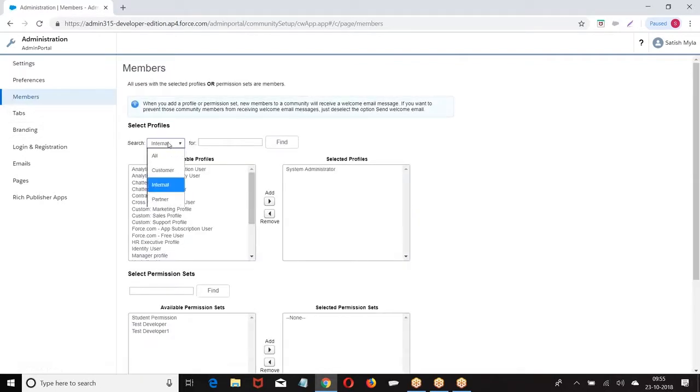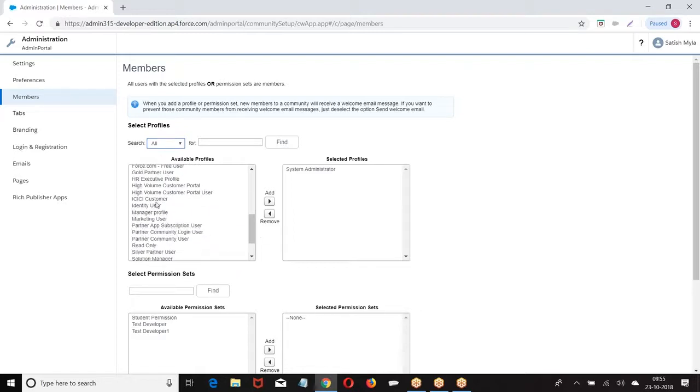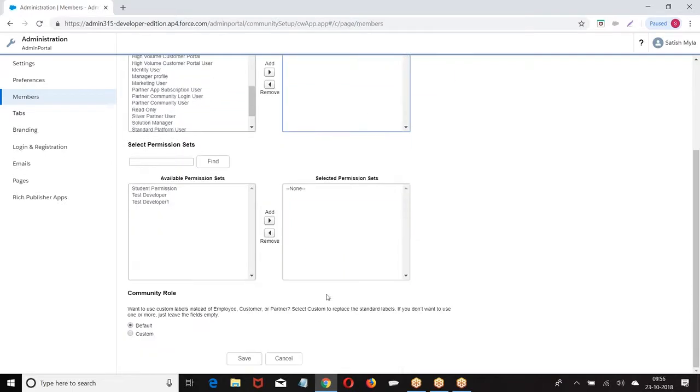Who can log into this community? I told ICICI customer. Only the users who have the ICICI customer profile can log in.